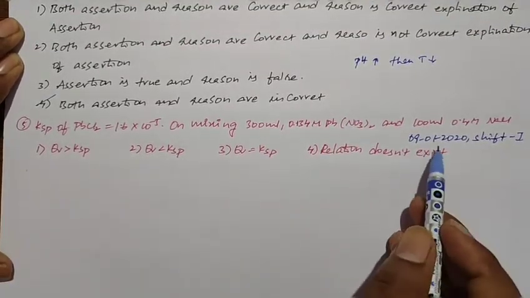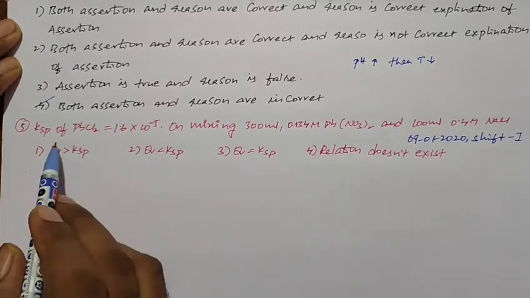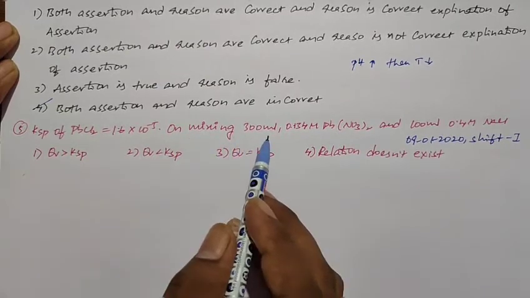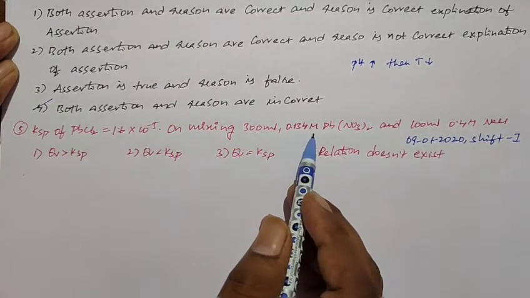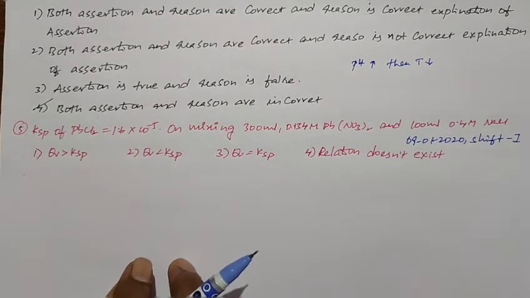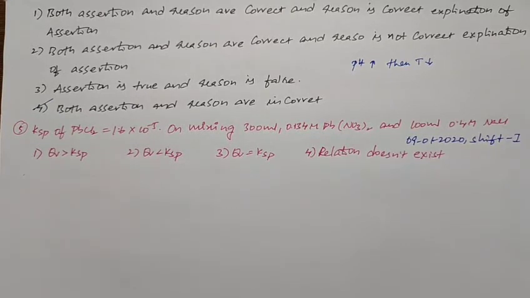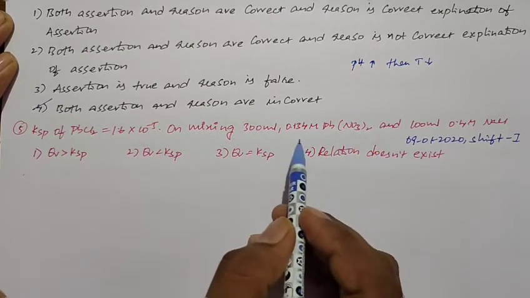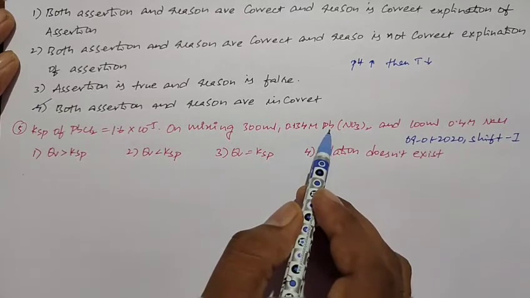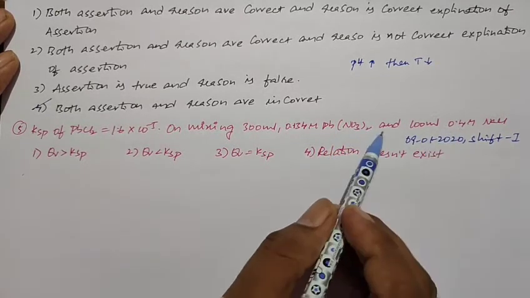This problem is given in the 9th January 2020 shift 1 paper. The solubility product of PbCl2 is equal to 1.6 into 10 power minus 5. On mixing 300 ml of 0.134 molar lead nitrate and 100 ml of 0.4 molar NaCl, what is the relation? So they give the solubility product of lead chloride and a mixture of lead nitrate and NaCl. When these two solutions are mixed together, the total volume of the solution becomes 400 ml. So first we need to find the concentration of lead ion and chloride ion in the 400 ml